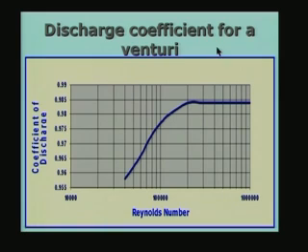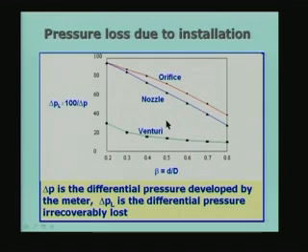And in fact, the discharge coefficient of a Venturi shows some kind of variation like this. This is from measured data. So, the coefficient of discharge is a function of Reynolds number again, and you will see that it starts with a fairly large value of about 0.96, and if the Reynolds number is more than about 2 into 10 to the power 5, it levels off at about 0.984 or so. I do not have any ready-made formula for this, we can just use this graph and read off the value of the coefficient of discharge from this particular graph.